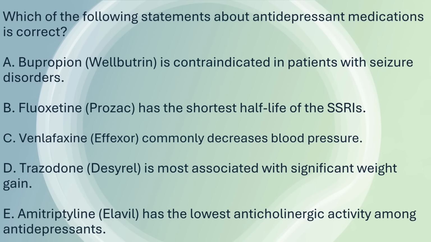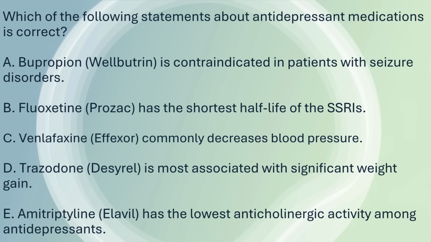So A is the correct answer. Bupropion or Wellbutrin is contraindicated in patients with seizure disorders. So bupropion lowers the seizure threshold, making it contraindicated for patients with seizure disorders or eating disorders, such as bulimia or anorexia nervosa. B, fluoxetine, Prozac, that's incorrect because fluoxetine actually has the longest half-life of all the SSRIs, up